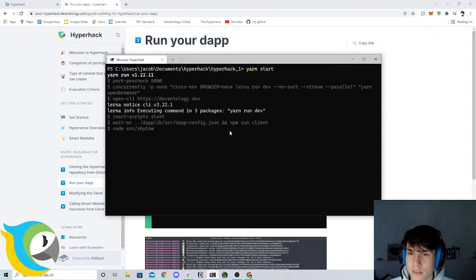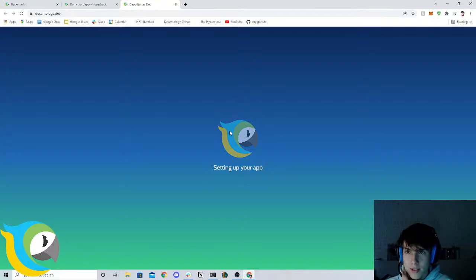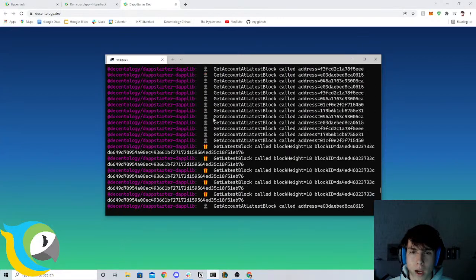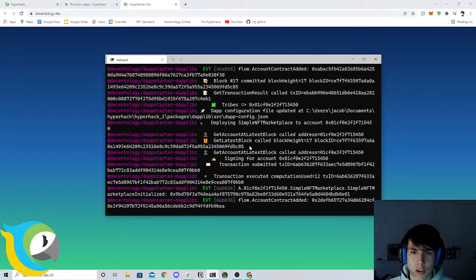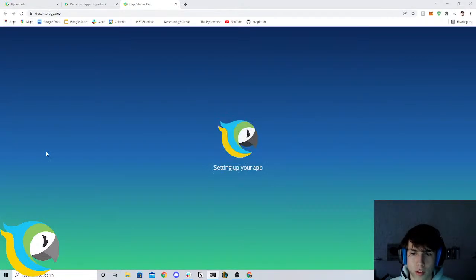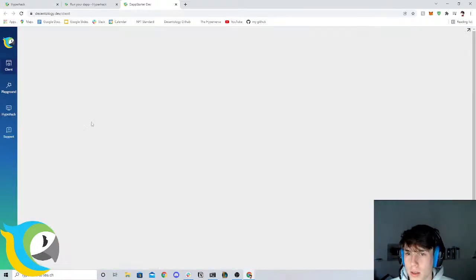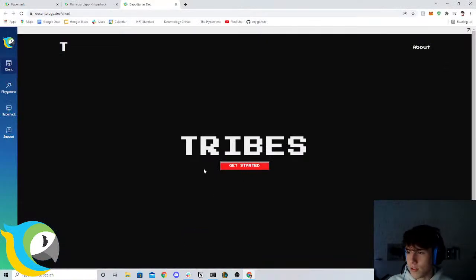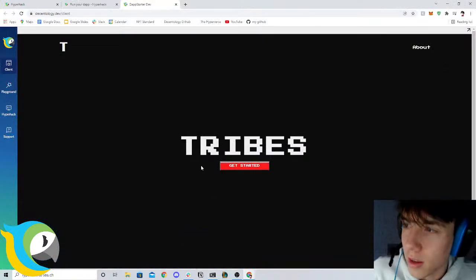And if everything goes well, let's pray that it does. What's going to happen is it's going to redirect you to decentology.dev. It's going to say setting up your app with this cool logo. And in the terminal, there's going to be a bunch of stuff in here. It's going to run a ton of stuff. It's going to deploy the contracts. It's going to set up accounts, a ton of fun stuff. And let's hope that this all works. I'm really, really hoping. Awesome, it worked,